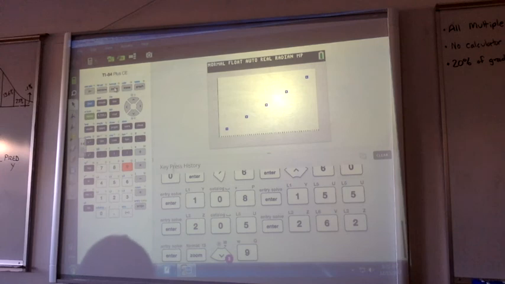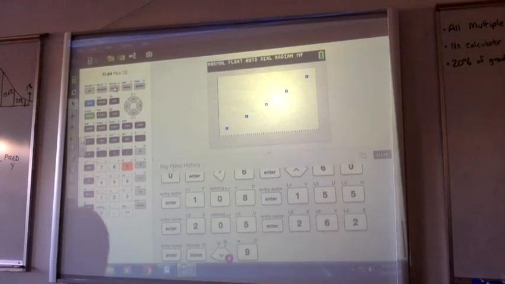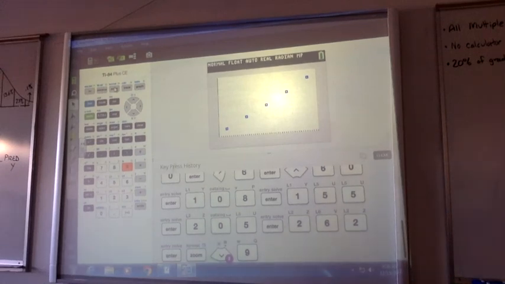Okay, and then I hit zoom 9. I got it now. Perfect. All right, so that is our data for our line of best fit. Now, I will tell you on the final, we're not worried about the R value. We're not worried about positive or negative correlation. We might be worried about the line of best fit. So if I want to figure out the line of best fit with my data, this is what I'm going